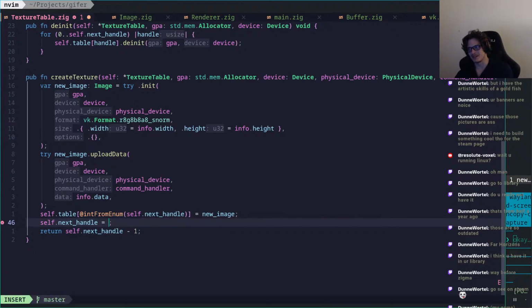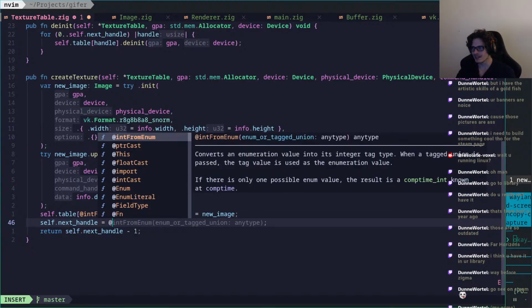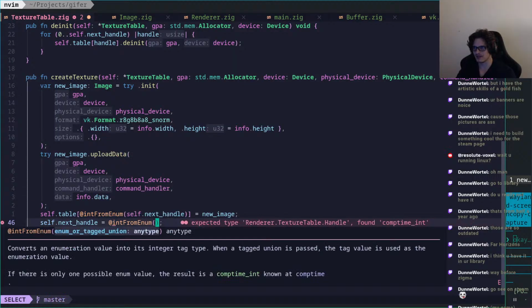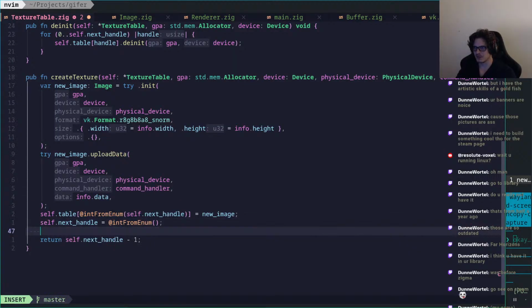But I want to continue using enums as integers, because they are still handy. So we will do at int from enum, right? And for that, we'll do a 1 plus at,